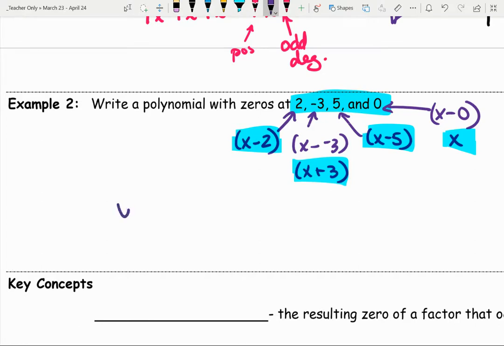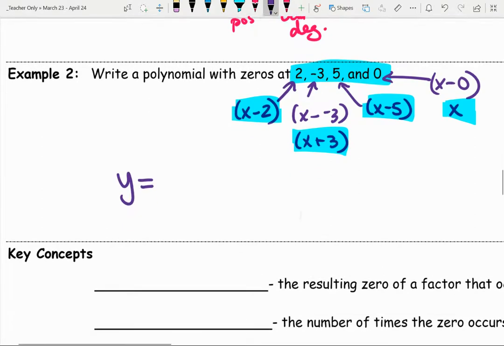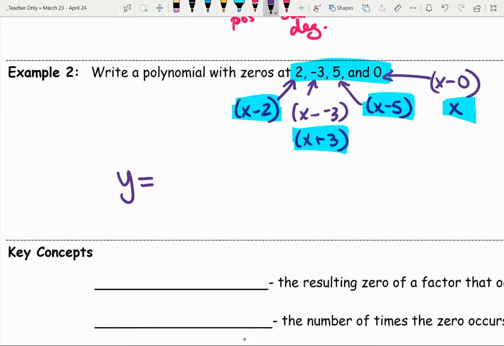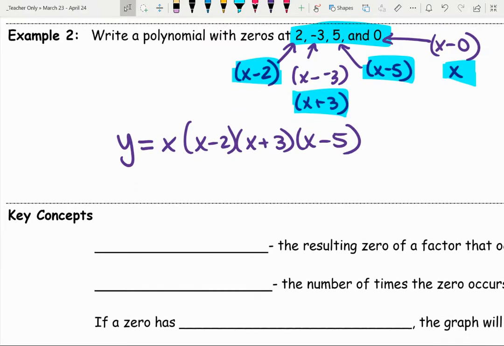And so I can string this all together as a polynomial in factored form. I'm going to put that x out in front. That's just good convention there. Everything else I'll pop into place as a factor. Now, if I was feeling really adventurous today, I had a lot of extra time on my hands, which you might, I don't know, no judgment, I could multiply this through and get a degree 4 polynomial in standard form,